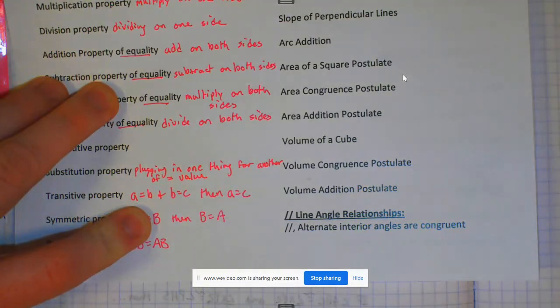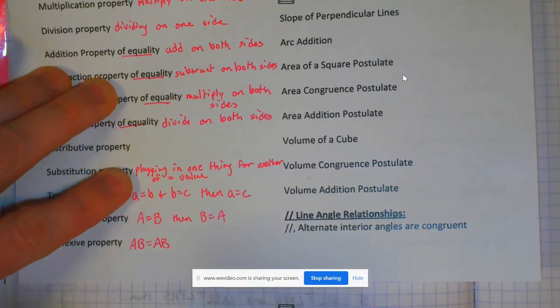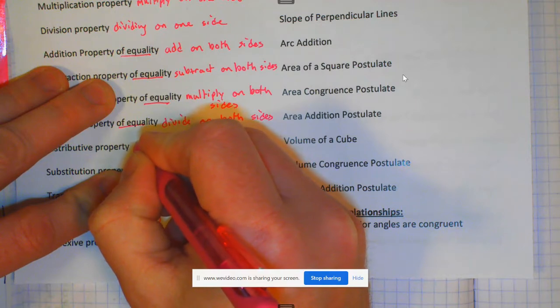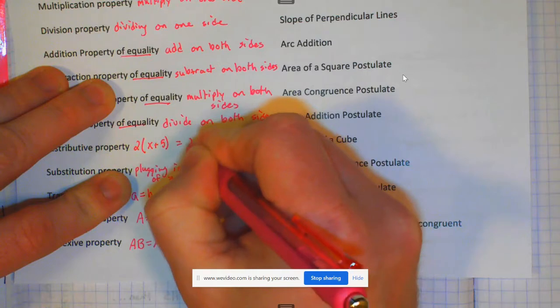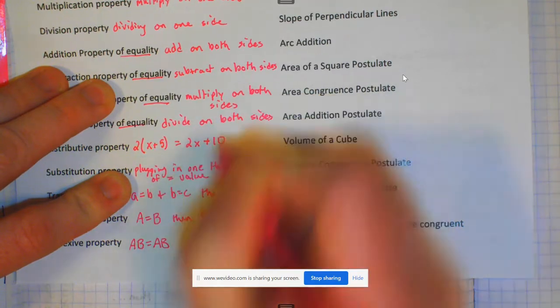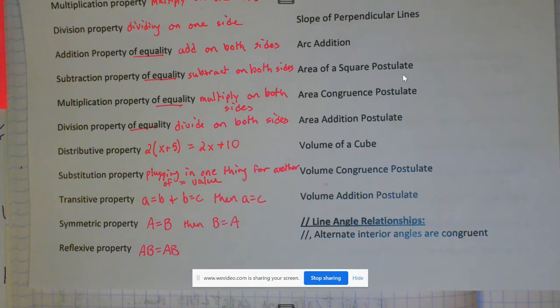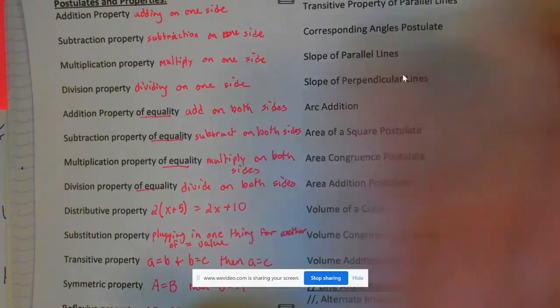Like when I say x equals 5 and you plug 5 into every x that you see, that's the substitution property. And the distributive property is getting rid of parentheses. So we're going to say something like 2 parentheses x plus 5 equals 2x plus 10. That would be the distributive property there, getting rid of those parentheses. That's what we're going to stop with here, all of these, because those are the main ones that we're going to look at today. So if you open your notebooks to page 27,